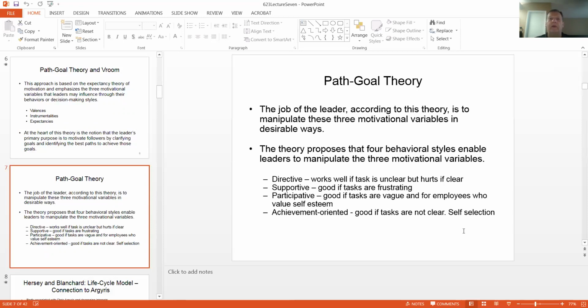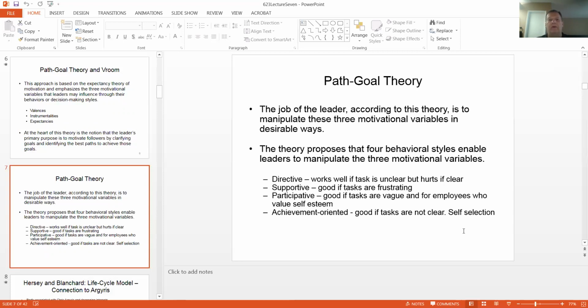A directive type of leadership style is just what it sounds like, a top-down kind of micromanagement, controlling: this is how you do it, and this is what you are supposed to do. Again, directive tends to work really well if you have a very unclear task. If you have a clear task where everyone sees how that task contributes to the goal, then a directive approach is probably not going to motivate your employees and it's not going to be the most appropriate leadership style to use. The second leadership style that grows out of this path-goal theory is a supportive style